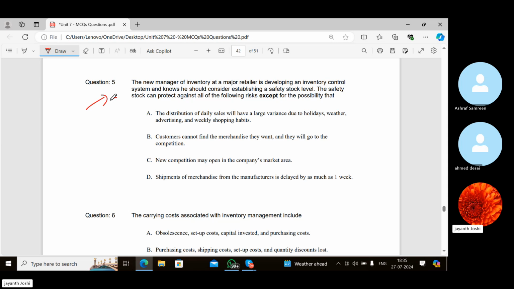The new manager of inventory of a major retailer is developing an inventory control system and knows he should consider establishing a safety stock level. The safety stock can protect against all of the following risks except for the possibility that